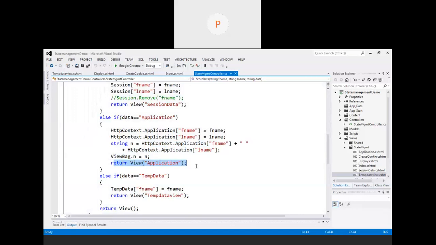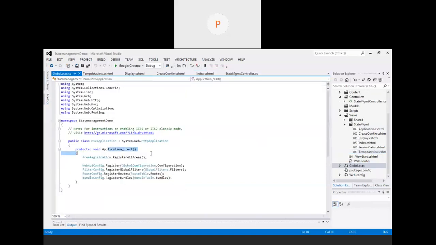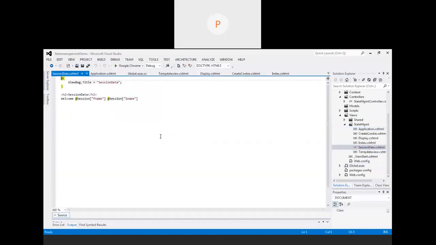If you want, you can write the same two lines of code in global.asax also within Application_Start. Now go to the session data and retrieve the data like Session f name. Similarly for application, just retrieve the ViewBag data.